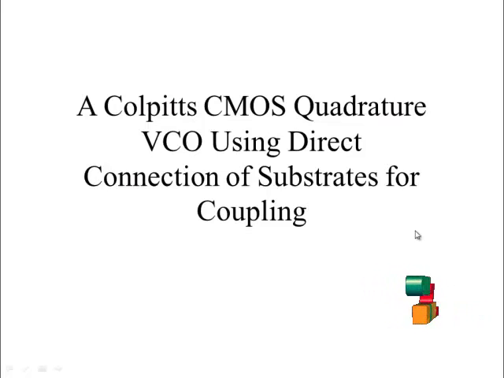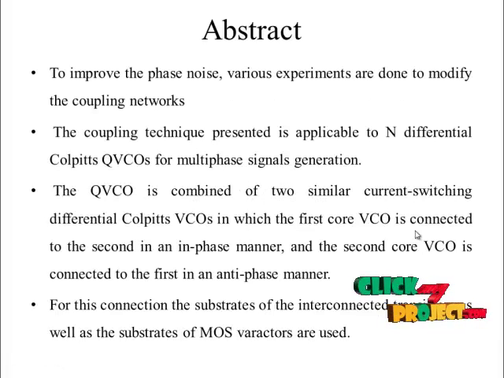Let's discuss the product. Our product is a Colpitts CMOS Quadrature VCO using direct connections of substrates for coupling. A new low phase noise, low power quadrature voltage controlled oscillator, called QVCO, using a differential Colpitts oscillator is presented in this process. The proposed QVCO is composed of two identical current switching differential Colpitts VCOs, in which the